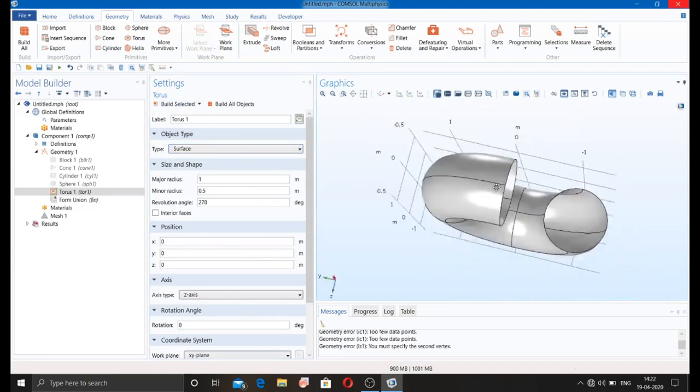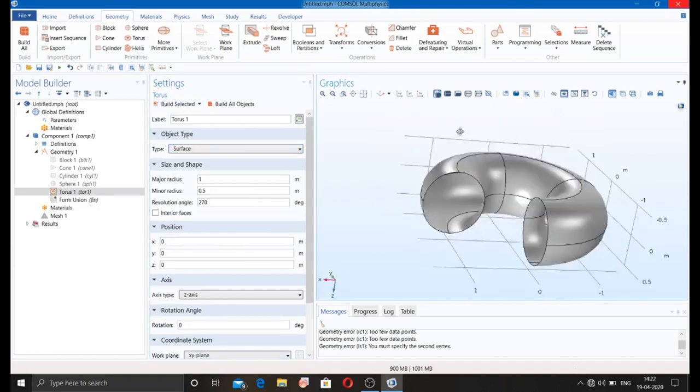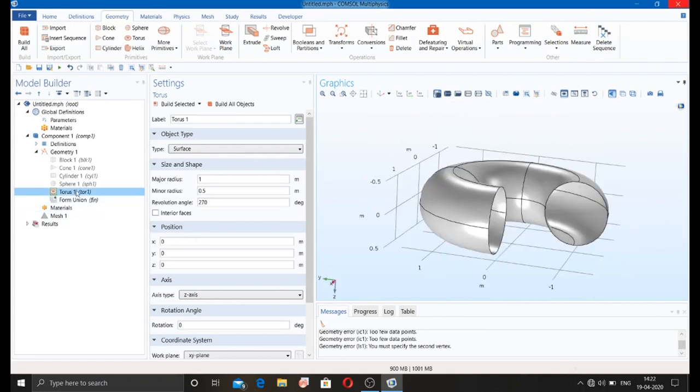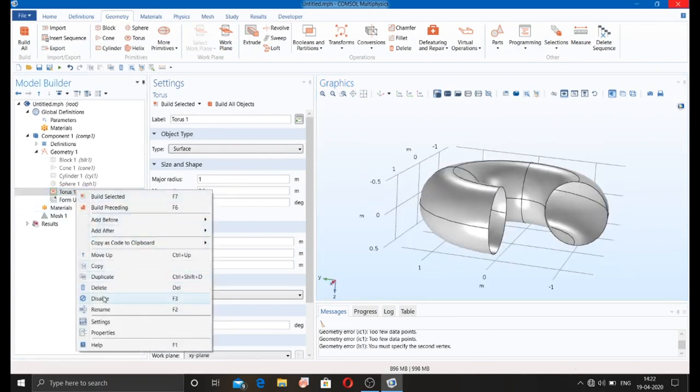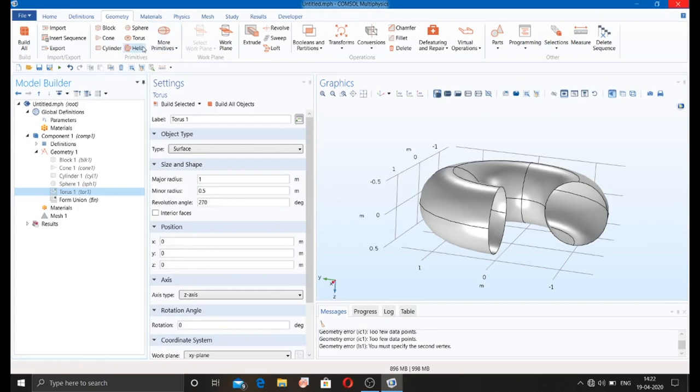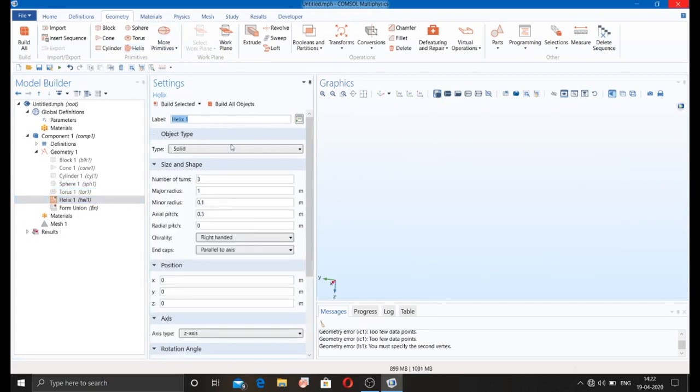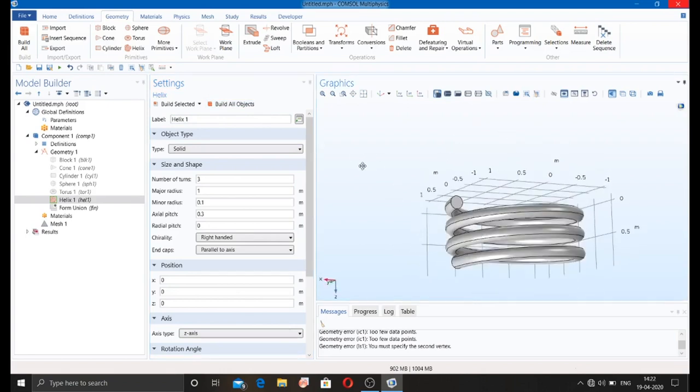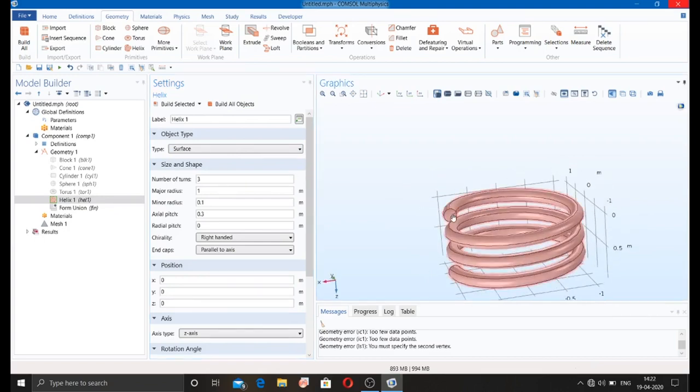This is one kind of pipe. Okay, then helix. This is the helix. This is a solid helix. If we want to create a surface helix, then just select it and then you can see the surface helix.